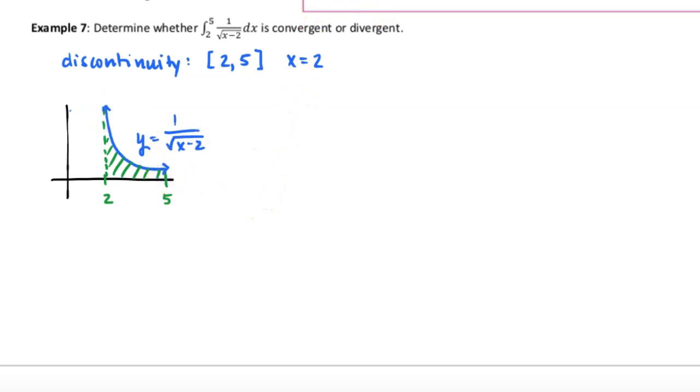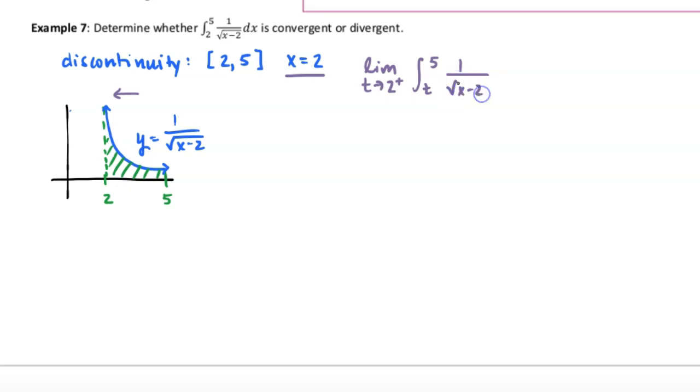Okay. And so now I'm replacing this 2 with a t because this is where the discontinuity lies at x equals 2. And so replacing my 2 with a t, I'm going from t to 5. And I want to find the limit as t approaches 2. But now this is important. I'm not worried about anything that goes on from the left of 2, right? It doesn't even matter what happens here. I'm only worried about this region from 2 to 5. So when I'm worried about the limit as t approaches 2, I'm only looking as it approaches 2 from the right. And so that's why I'm going to add this little plus to talk about the limit as t approaches 2 from the right. Now my integrand is going to stay the same, 1 over the square root of x